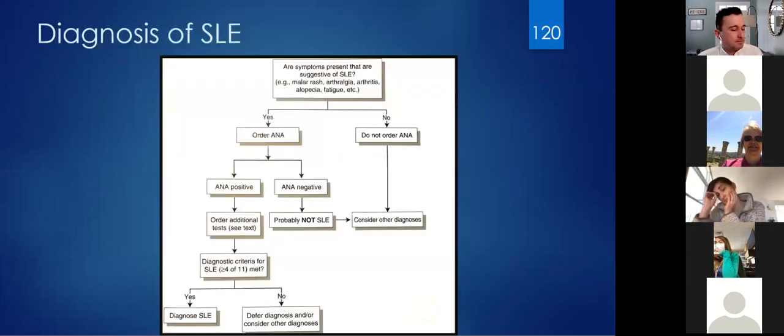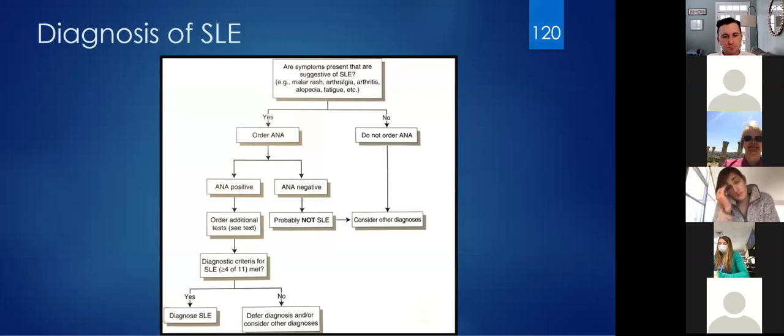Another way to look at it is this graph here. So as I mentioned, ANA can often be very helpful because it's so sensitive, okay? Now, you don't just order it willy-nilly, but if the clinical history backs up a possible diagnosis of lupus and you check an ANA and it's negative, it's almost always not lupus, okay? It's not perfectly black and white, but the way that I use this graph is if my ears are perked for lupus and I check an ANA and it's positive, that's when I should start going and looking at these